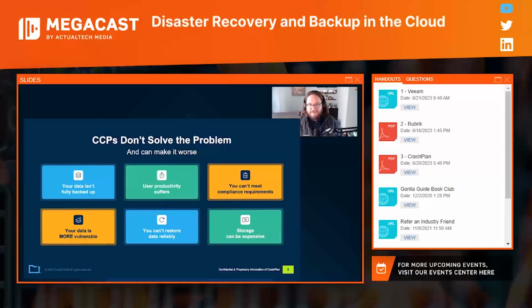The last thing here, it's more expensive. You are using something that should be secondary storage, that should be able to be a little bit slower, as primary storage. So what that means is it needs to be very quick. It needs to be responsive. I don't know if you've ever tried to use one of these apps and it's doing the whole 'we'll stream the file to you' thing and it takes 20 seconds for a file to open. That's infuriating, but it would be even longer if you were thinking of it as secondary storage. So those are some of the key reasons that these cloud collaboration platforms don't solve the problem for you.